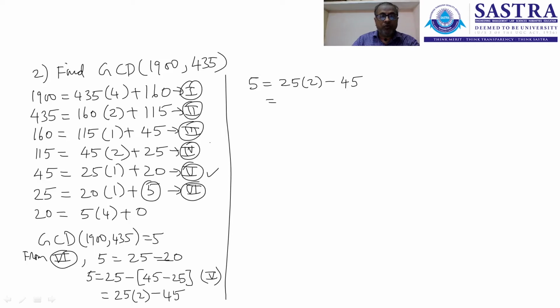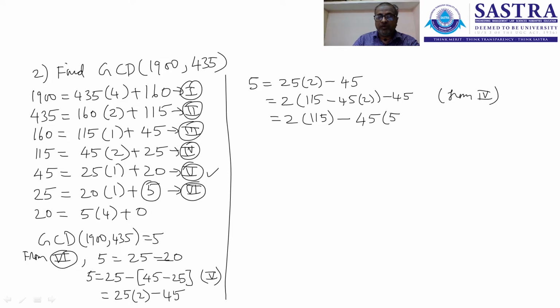Now I have used 5. Now I have to use 4. I have to rewrite 25 in terms of 115 and 45. So now what do I get? 2 into 115 minus 45 into 2 minus 45. This I get from 4. So now this reduces to 2 into 115 minus 2 2s are 4, 4 minus 1 is 5, 45 into 5. So now what I have done? I have used